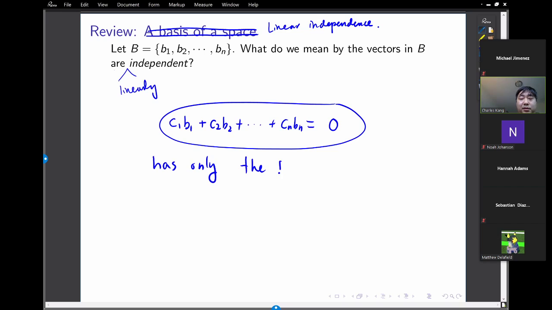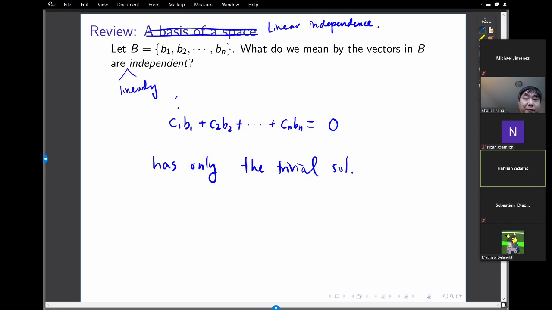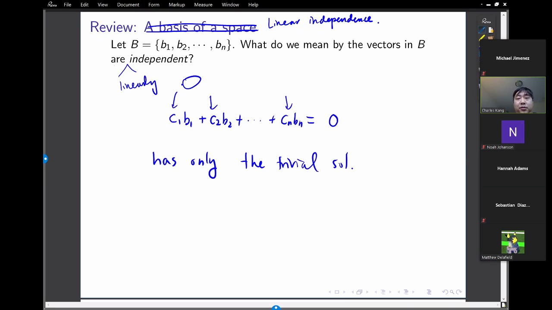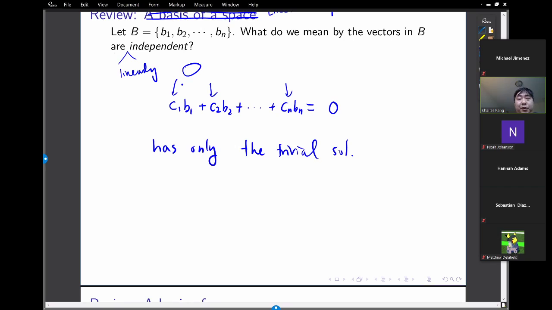And the trivial solution means that all of these c's must be 0. Okay, so we know this. For instance, if I have the vectors (1, 2) and (2, 3),